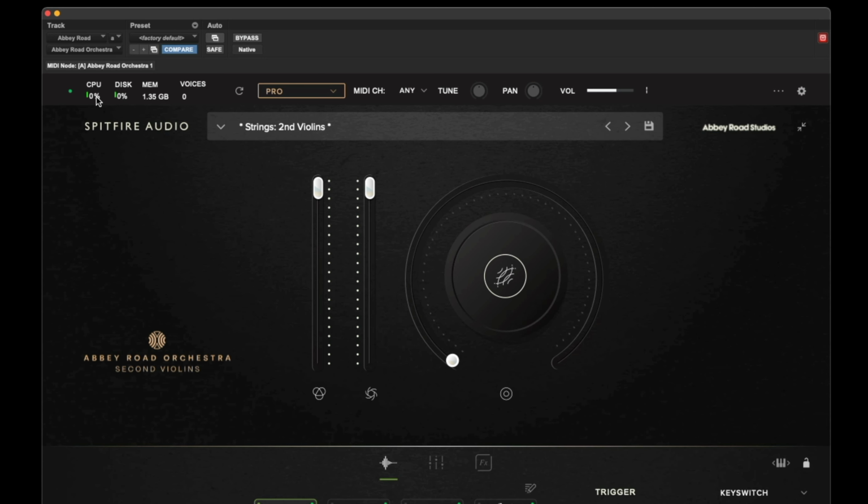samples. To the right of this is the CPU meter, which is an indication of how hard the processor on your machine is working. We then have the disk meter, which is an indication of how hard the drive you're streaming the samples from is working. The memory meter is an indication of how much sample content is preloaded into the memory of your machine. We then have the voices meter, which shows how many audio threads are streamed at any particular one point in